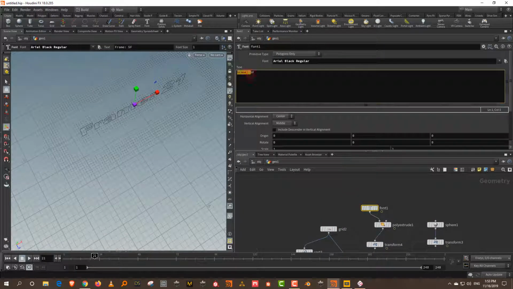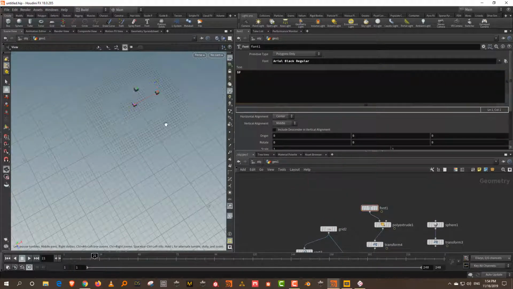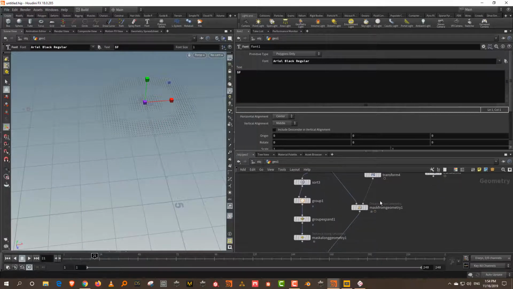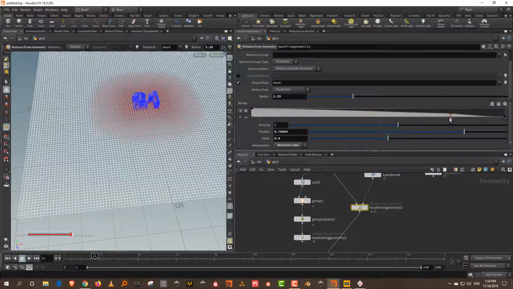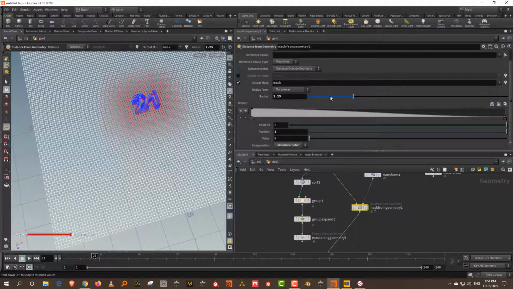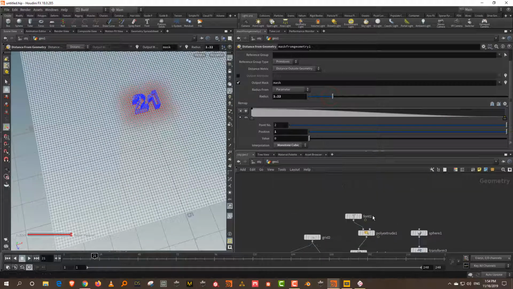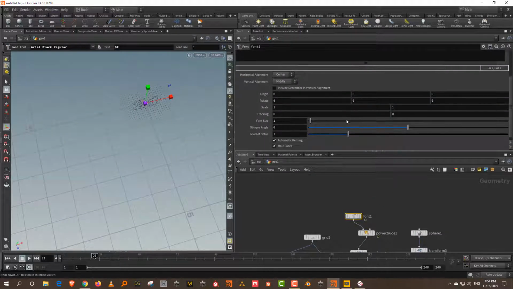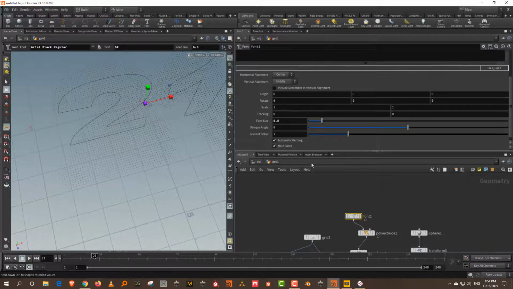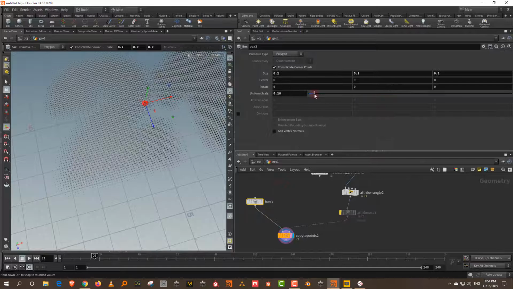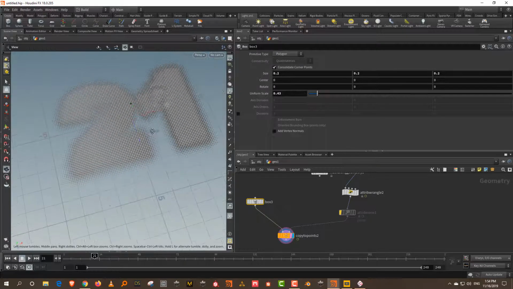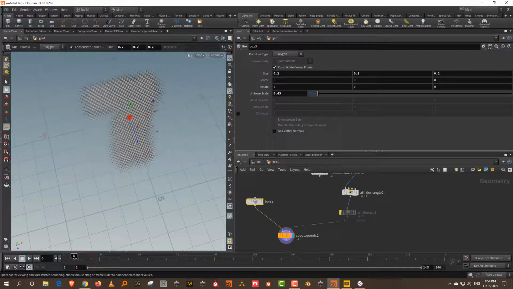So let's do one thing. Let's just keep the $F. So you'll just have the text, nothing else. We'll take the mask along geometry and just keep it straight like that. Adjust the radius and then take the font and make it big. Yeah, there we go. That's better. Perfect. See, so now you can essentially see this change.